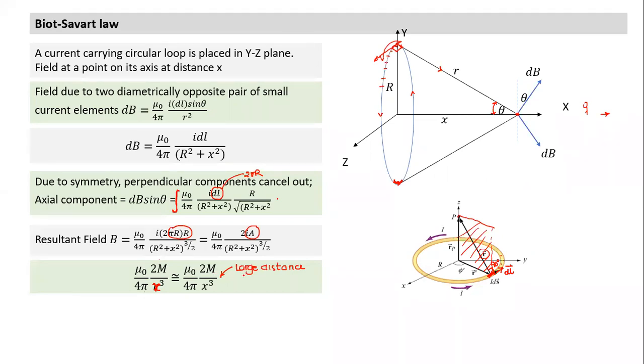And what is the direction of the dipole moment? Can you figure out what is the direction of m vector here? Everything is right hand thumb rule only. What is the direction of dipole moment? It is in the direction of electric field. So we can say the direction of dipole is same as direction of electric field, and similar to in case